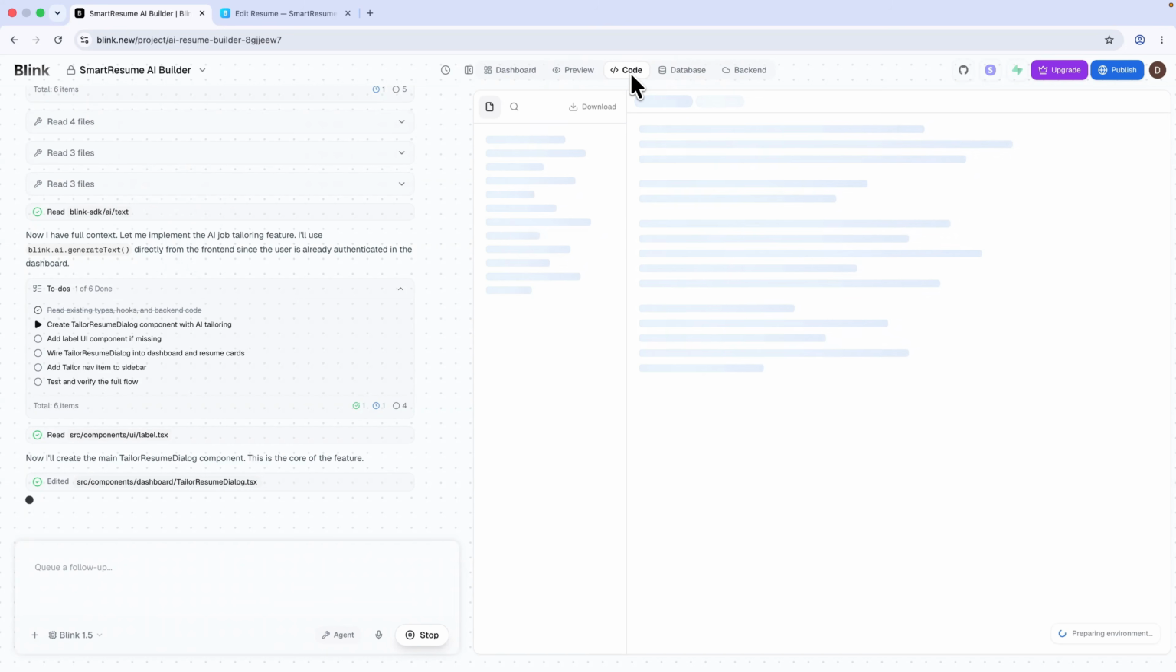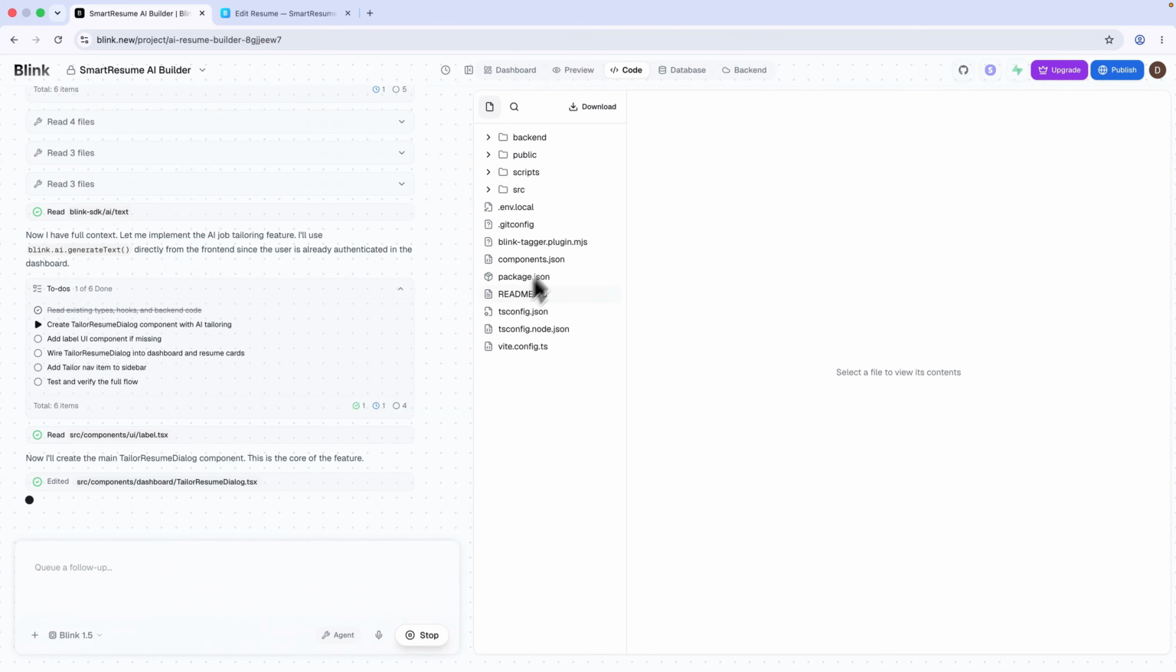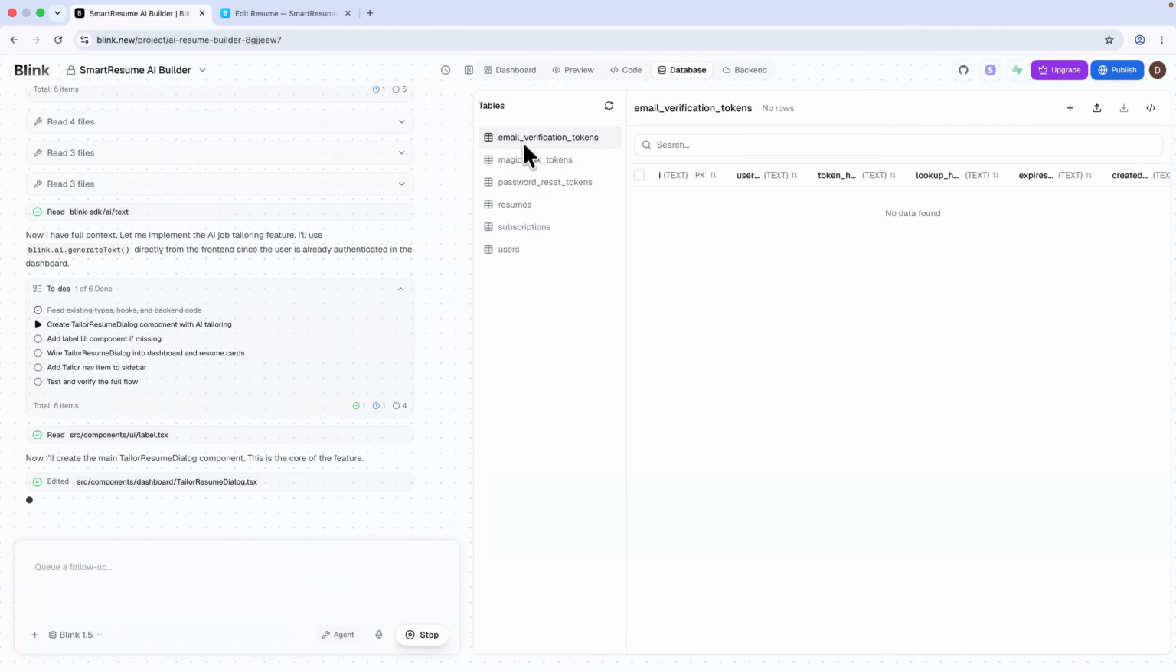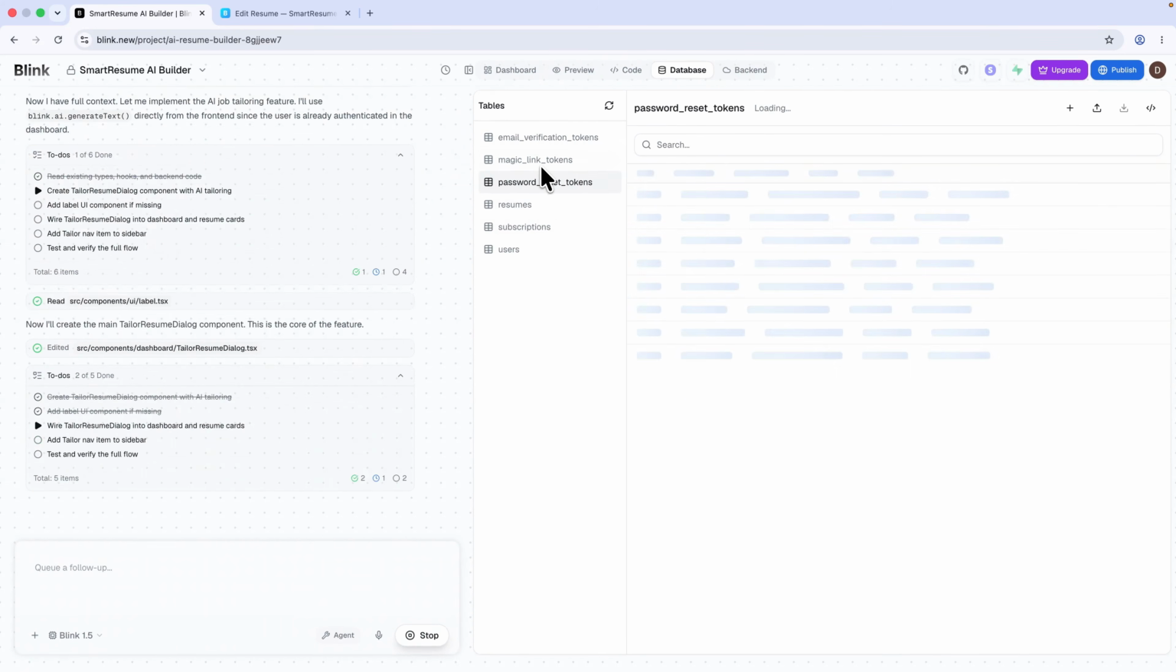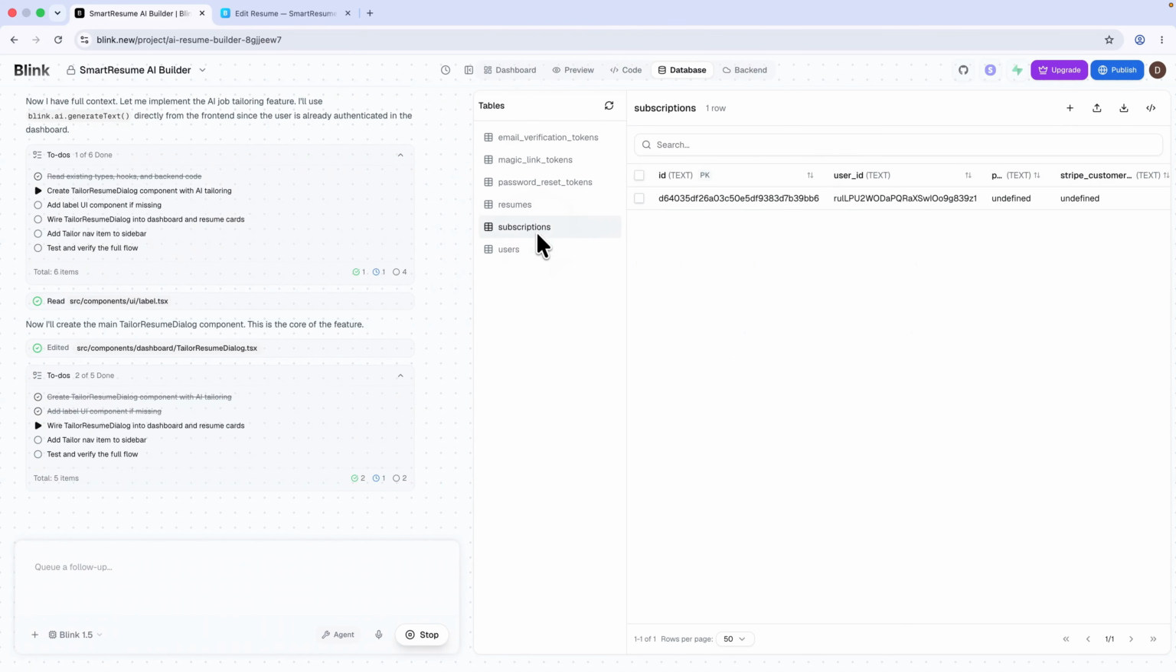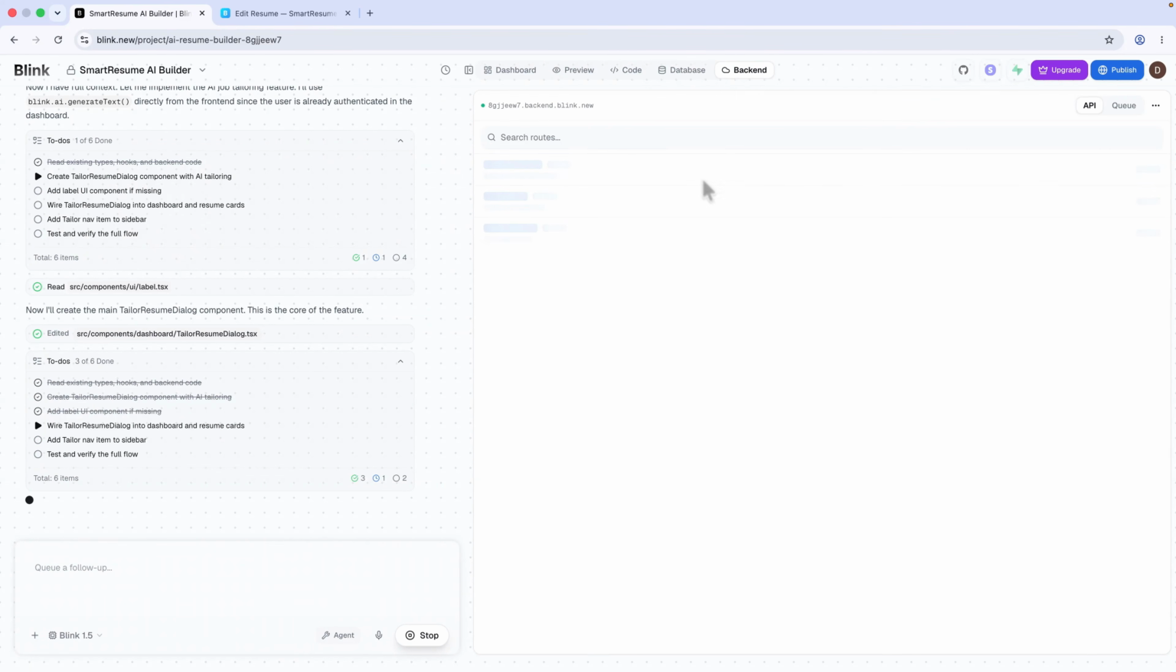This is where you can see the code that Blink.new has written. You can also just download it right here, which costs 5 credits. Then in the database, you can see all of the database tables right here. You can go through them and actually see what's happening. And finally, we have the backend, where you can see, for example, the Stripe webhook, create checkout, and health are some routes it has